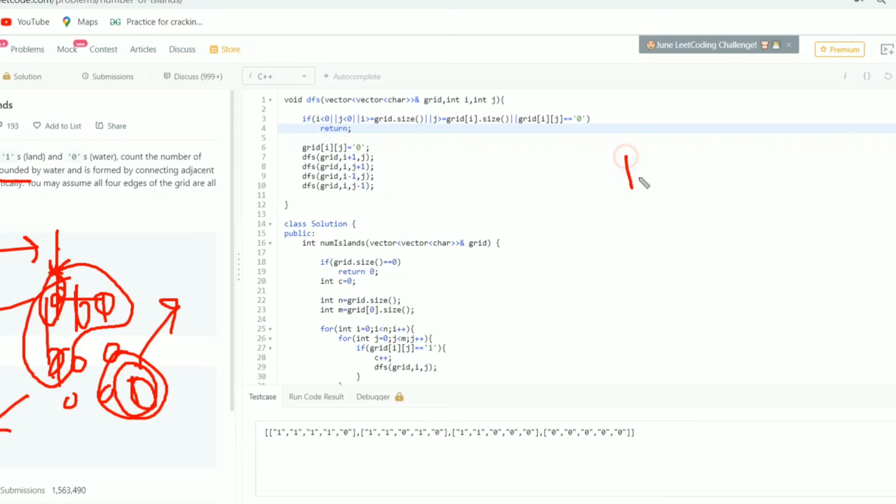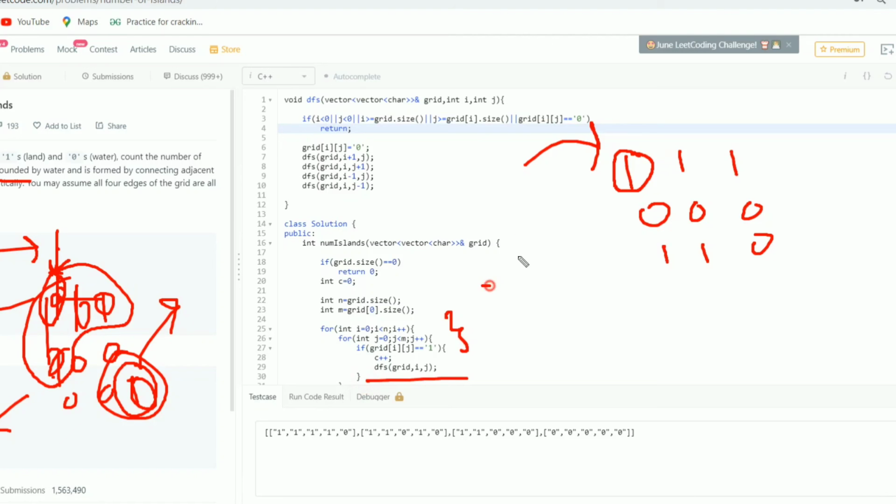So what I have done is, suppose this is my matrix. I'll first search for 1. This helps me to search for the first occurrence of 1. I'll extract the position of this one which was 0 comma 0. Now I'll call the DFS function, and this DFS function contains a recursive function, and what it will do is first change 0 comma 0 from 1 to 0. Then I'll start traversing 4 directions, that is up, down, left and right.